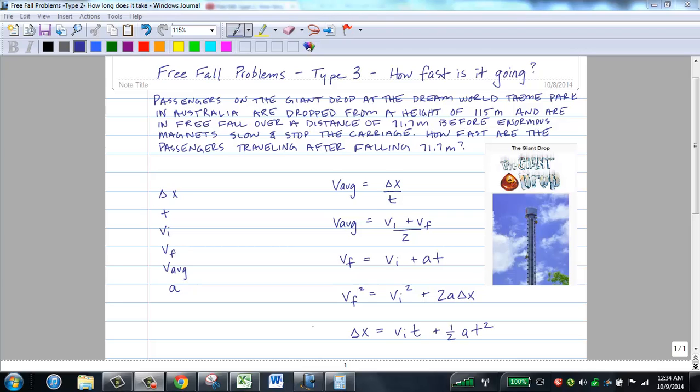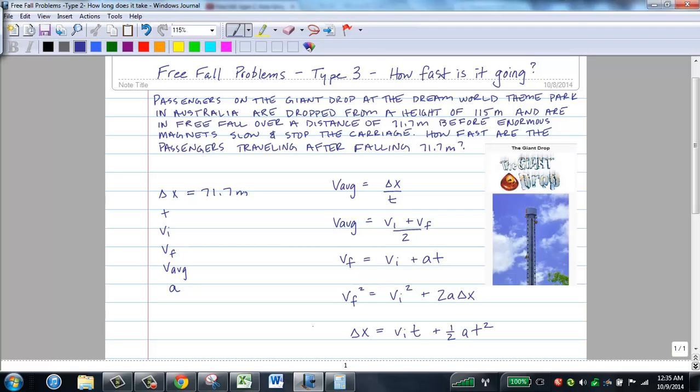This problem has a piece of information that we're not going to use, that is the 115 meter distance. Although they are raised to that height up off the ground and they get back to the ground, so eventually they fall from that height, they're not in free fall for that entire time, because after they've fallen 71.7 meters, these magnets take over and slow them down. So we're only interested in the free fall portion, so we're only interested in the distance 71.7 meters. So that is our displacement,